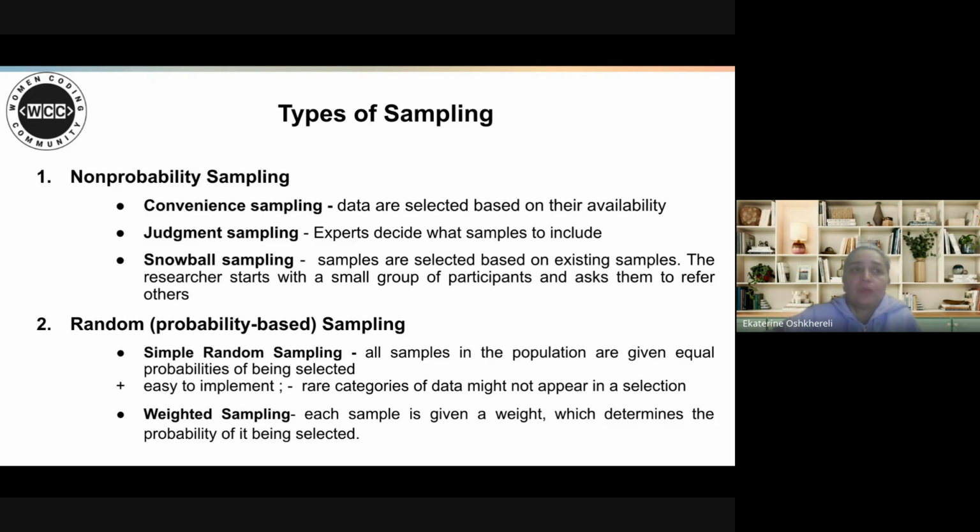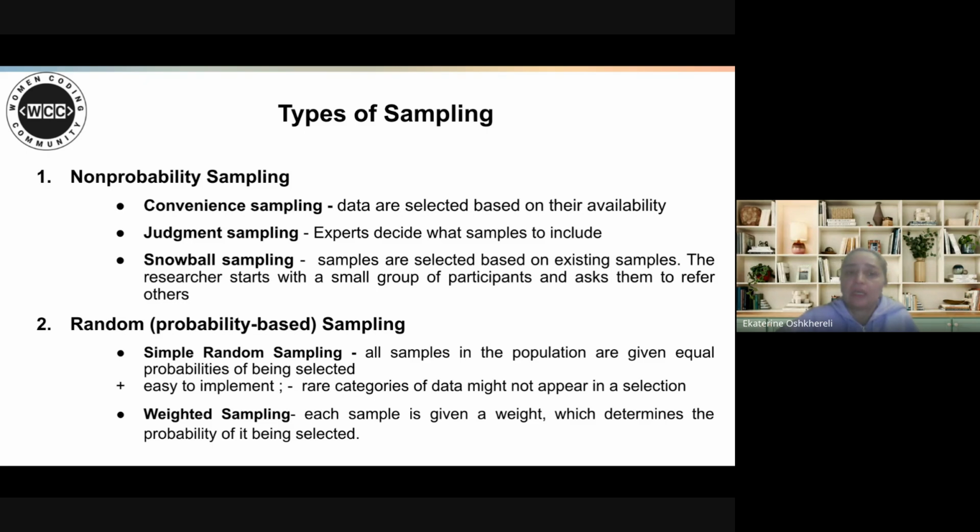We can obtain more reliable data if we do random sampling. One type is simple random sampling, where, for example, in a classification problem, we give each group the same weight. But weighted sampling is more realistic.